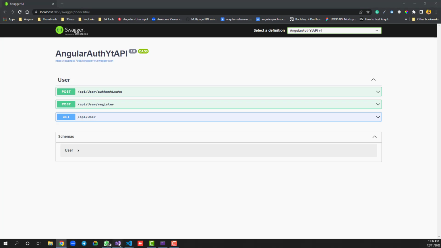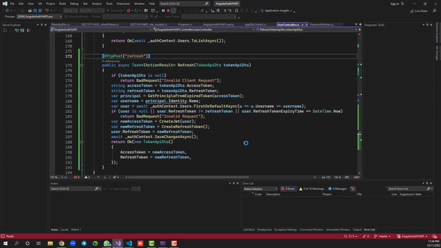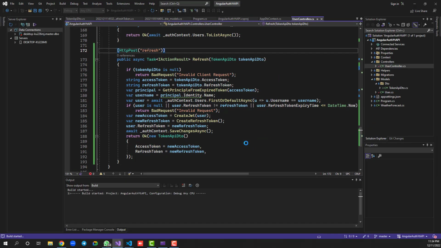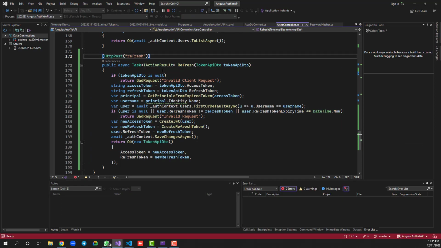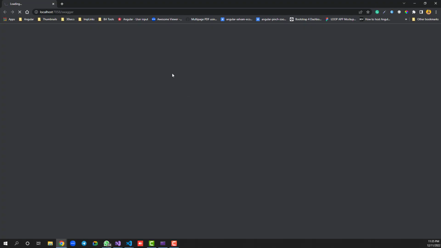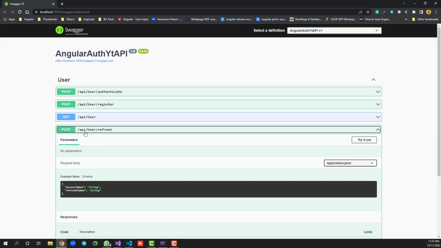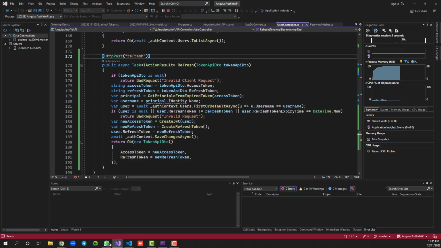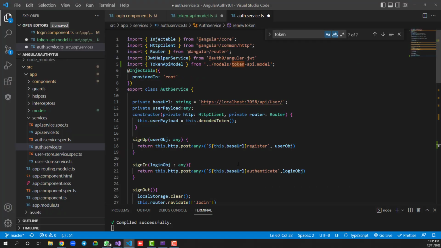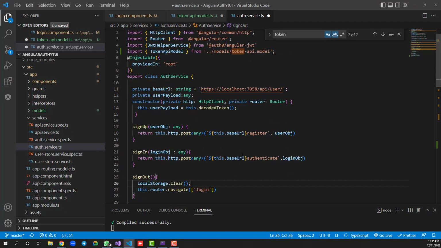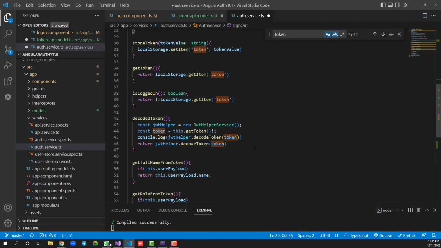Okay, let me rerun the application because I want to see this endpoint, how the endpoint should look. So let's rerun this and let's check. Yeah, so we have the new one. So this is the API slash user slash refresh. Okay, so we can reuse the same endpoint, this one base URL, and we just need to add the refresh